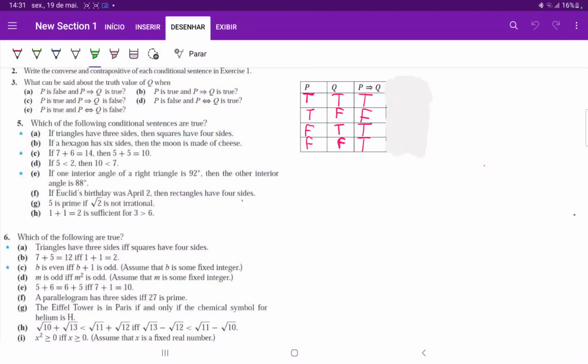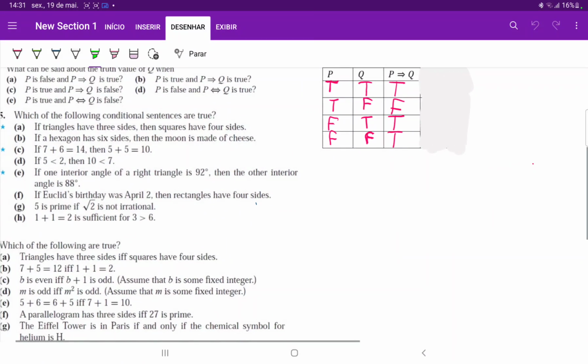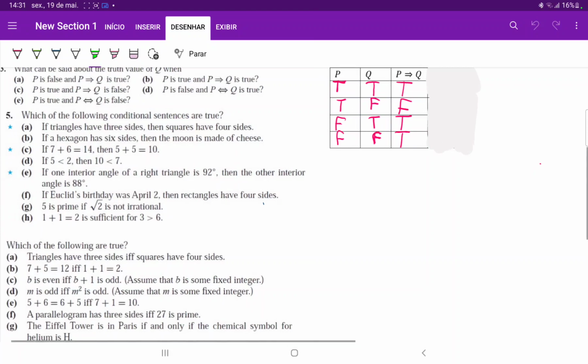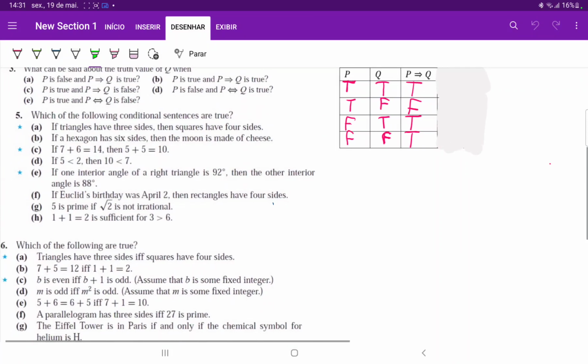Number 5 wants us to see which of these conditional sentences are true. Now I've written down the truth table for the conditionals. If P, then Q. So all we have to do is identify what is P, what is Q, and then compare their truth values. So let's begin with item A,